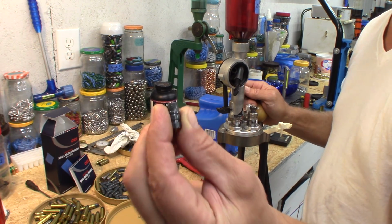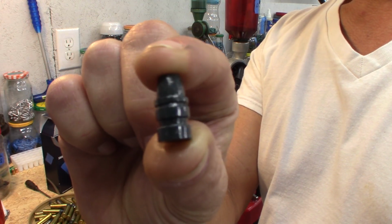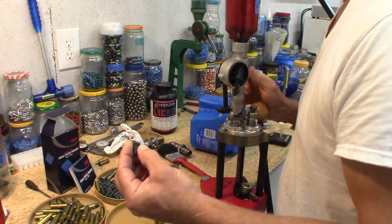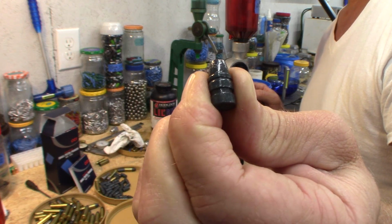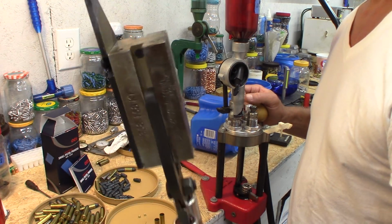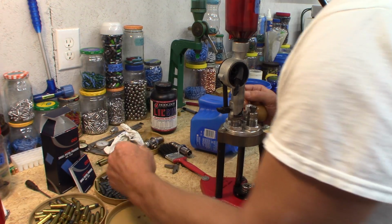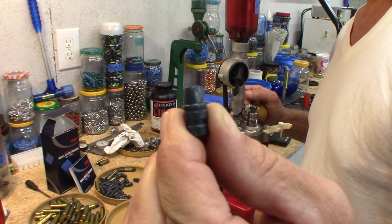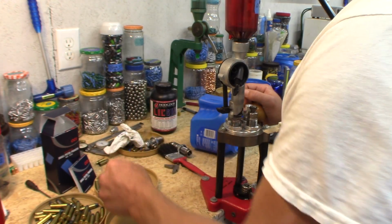And this is what the bullet looks like right here. That's that Keith bullet, and I really love this bullet. If you guys have a Keith bullet in that 158 range, I'm sure this load would work for you, because it's a pretty ordinary Keith bullet actually, but they drop really well, and I'm using the Spectacular Gray. A lot of you guys know what that is, that crazy name. Anyway,